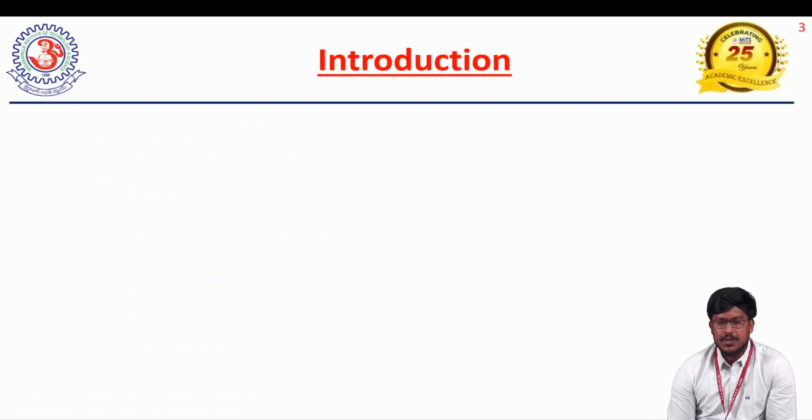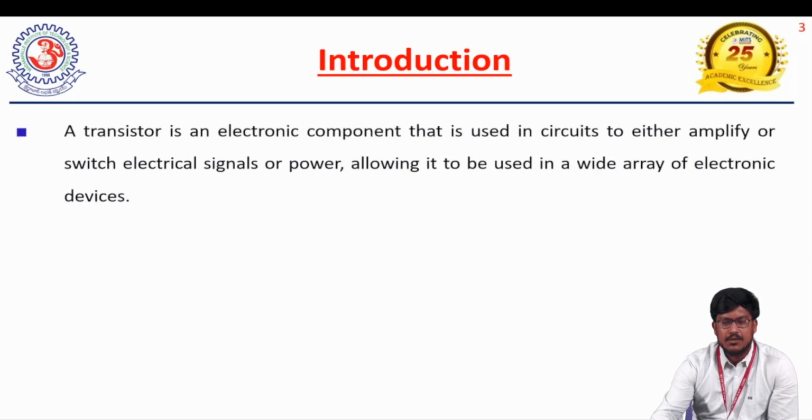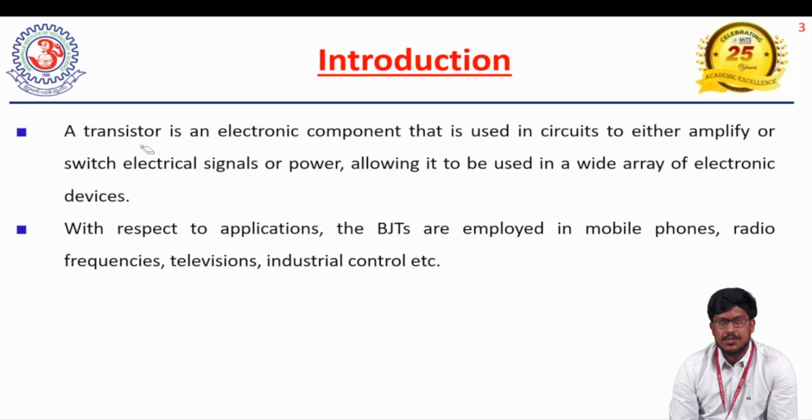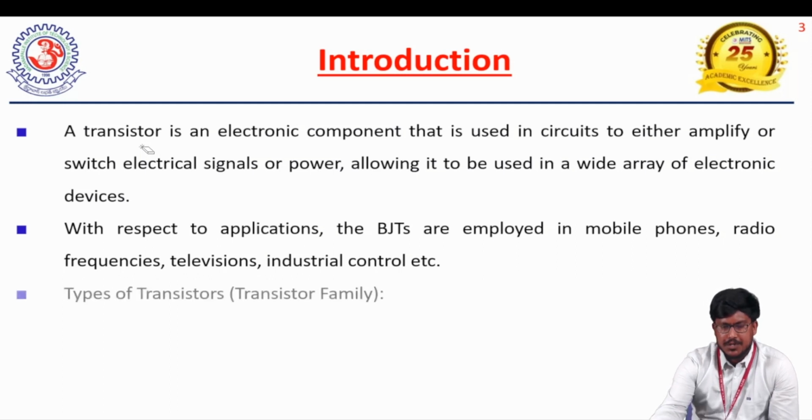In electronic concepts, we use the transistor mainly for the amplification function, and in some cases as a switch. A switch has two states: one is the on condition and the other is the off condition. So mainly we go with amplification and switch functions. In terms of applications, we use transistors in mobile phones, radio frequencies, televisions, and industrial applications. And in the transistor family, we have different types of transistors like the bipolar junction transistor,